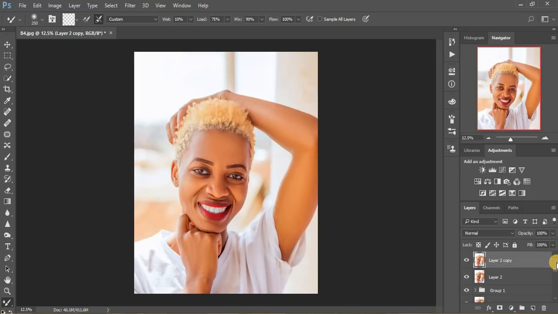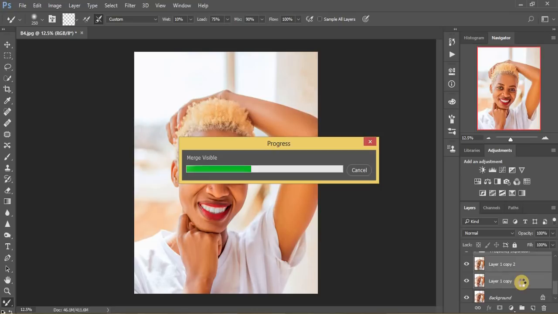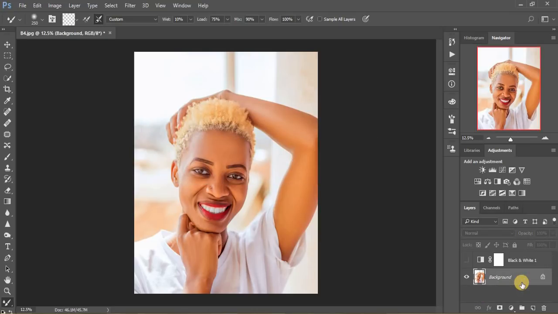So what I'm going to do, I'm going to select all these and merge them minus our background layer. I'm going to merge all these. Shift Ctrl E. So when I merge them, I'm going to play back my frequency separation